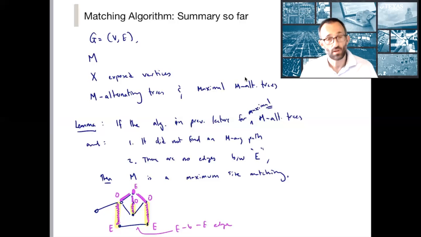So let us now prove this lemma. Again, this illustrates that this is a sufficient condition for showing that M is maximal. In other words, when I say sufficient condition, it means that when we've terminated, if this is satisfied, it shows that our matching is optimal. Okay, so let's give the proof of this important lemma,